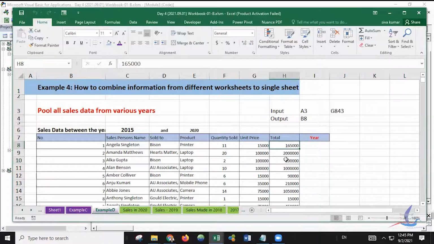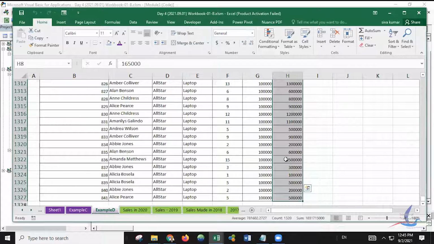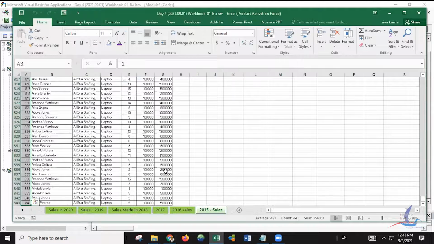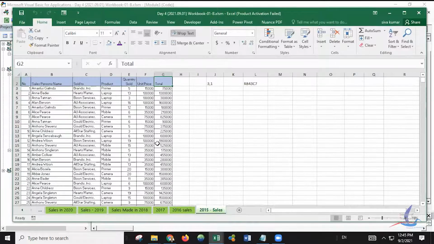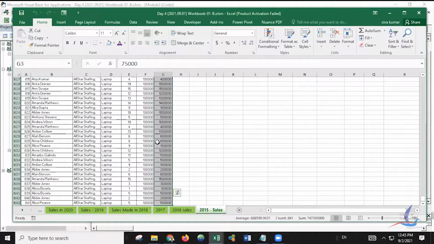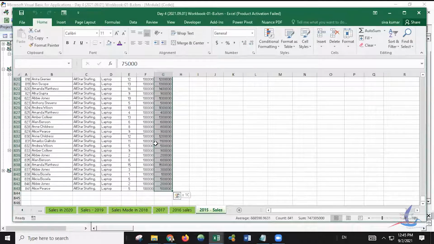So let me check Control-Shift down. How many data selected? 1,320. 1,320 data is selected or copied. Let me check here. Control-Shift down. So here, how many data? 841, right? 841, correct? 841. In 2016,